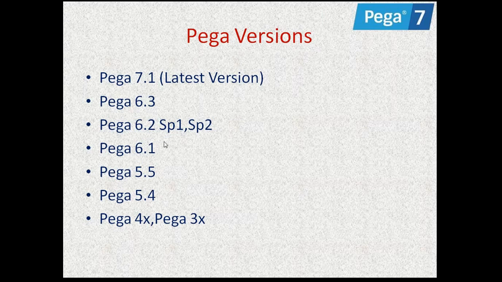There will not be any major modifications. But when we compare 6.1 to 6.2, there are major modifications. Comparing 6.2 to 6.3, some 30% of the changes were done. But comparing 6.3 to 7.1, some 70% of the changes were done, so the overall look and feel of 7.1 is totally different. Now in this system I will show how 6.3 looks. On Tuesday's session I will take the total practical, how the tool looks, how to build an application, and the different features we have in 7.1. Everything I will tell you in the next session.